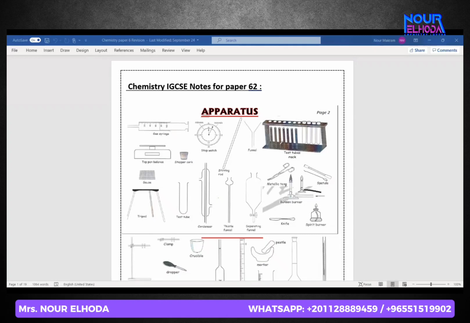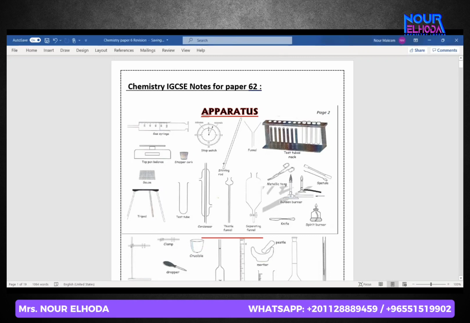Yalla. Okay, before I start topic 2, I'm going just to tell you what are the tools that we are going to use in topic 2. Topic 2 is all related to paper 6, all the experiments in the syllabus. I'm going to start topic 2 next Wednesday, but I'm going to give you the introduction. I'm going to show you what are the tools that we usually use in the lab. Okay? Pay attention to me. I can send you this file too if you want.